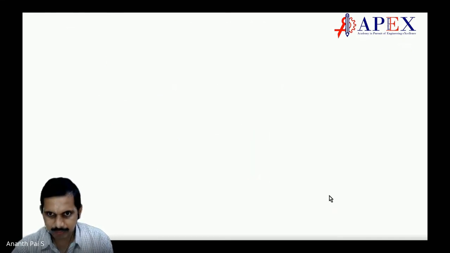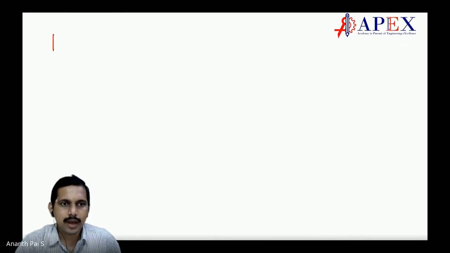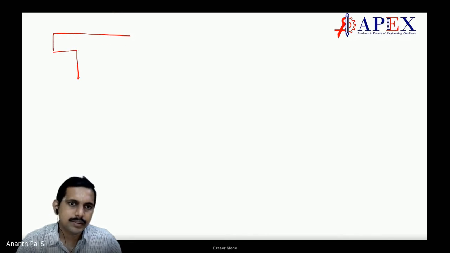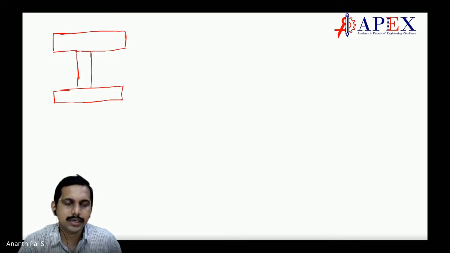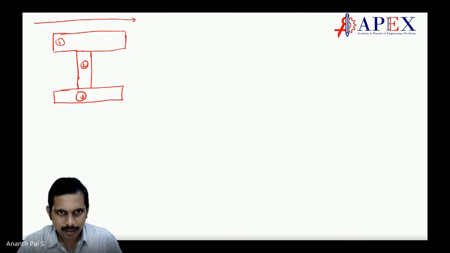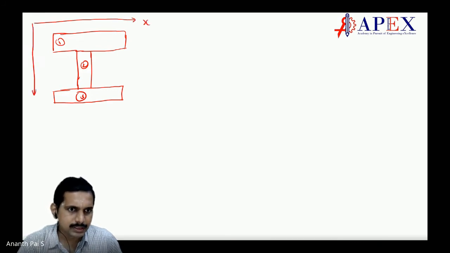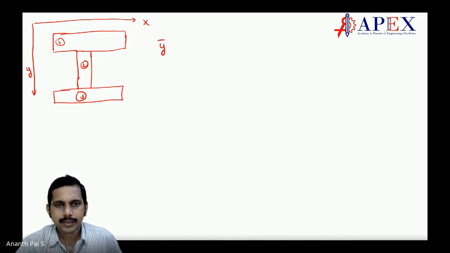Let me put it in the next slide. You have this I section. Here, one of the things is that I'm not worried about completion. Understanding is more important than just completion. That is the motto with which we go. So now I'll say this is 1, 2, 3. We'll take this as x, and this is y. So y bar is equal to